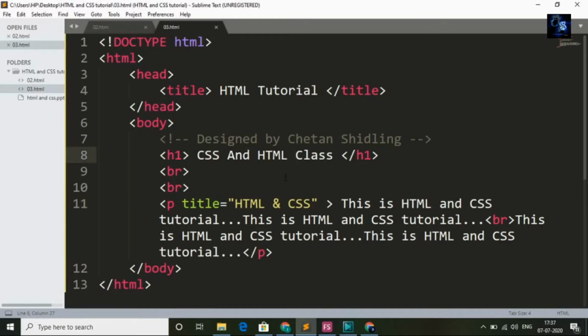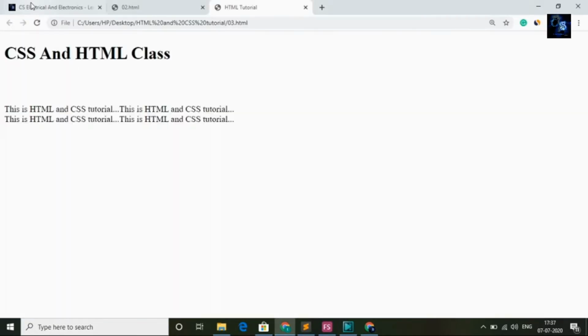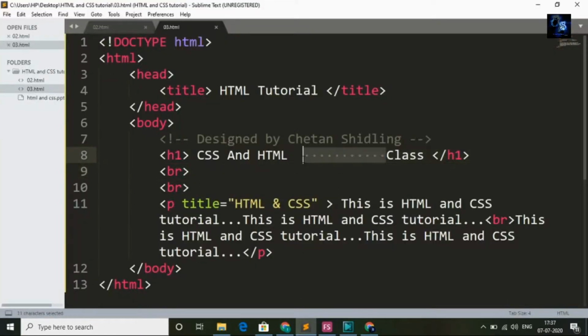Now we will see the pre-formatted tag. Suppose you want to display the same thing which you wrote here. Suppose I provide more space here, between HTML and classes, and I save this and come back to the browser. Here you can see only one space is there. If you want to display in the browser the same as what is here, then you need to use the pre-formatted tag. To use the pre-formatted tag you use lesser than sign, pre, greater than sign, and until here.